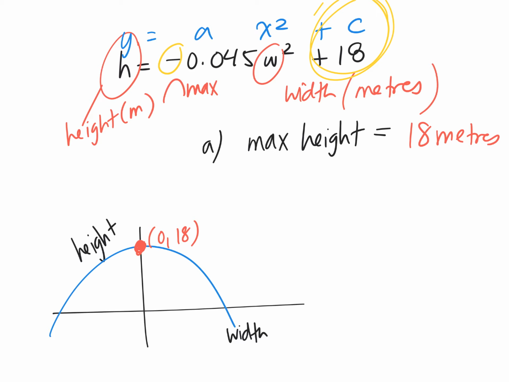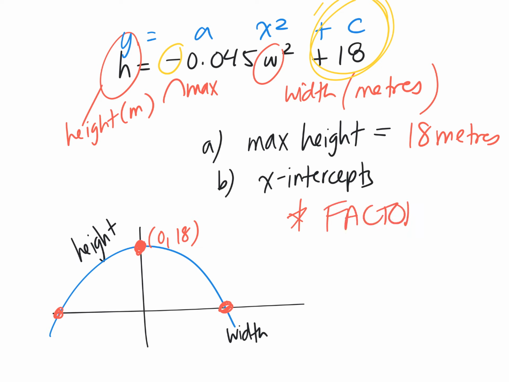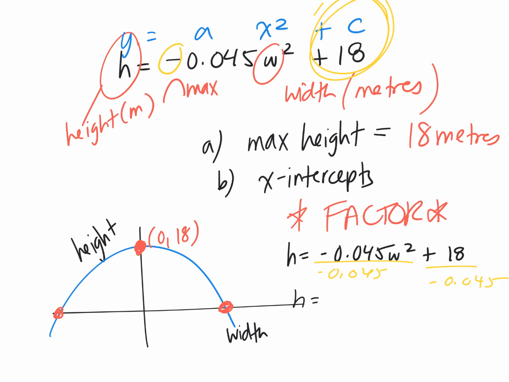Now we have to find the width. So what are you looking for? You're looking to find the x-intercept. So you're going to factor. You're going to do that on your own right now. You're going to factor that to find the x-intercepts. Divide everything by negative 0.045. It will make it easier to factor. And you're left with